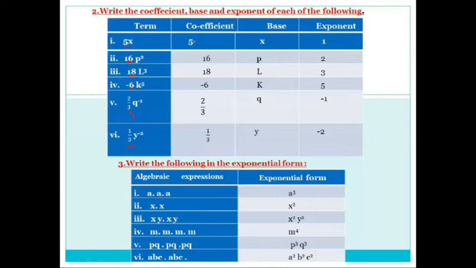So for coefficient, what is the coefficient in 5x? 5 is the coefficient in 5x power 1. And the variable that is here, we will say it is the base. And the power that is used here, 5x power 1, and 1 will be considered here the exponent. If no value is mentioned in front of the given variable in the given term, then understand that in 5x, 5 is the coefficient, x is the base, and 1 is